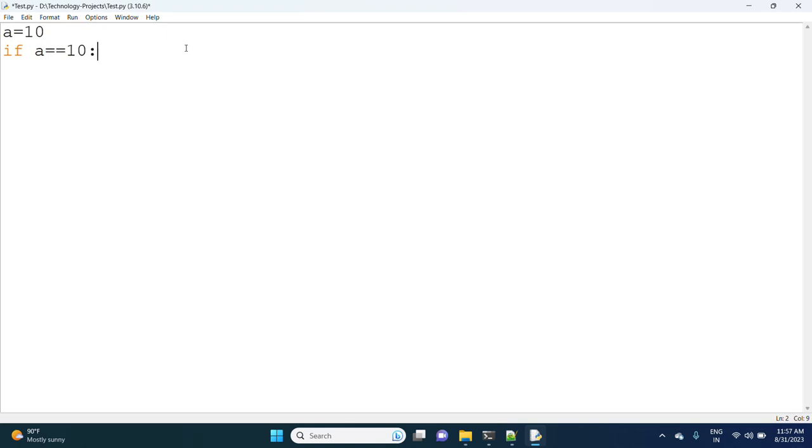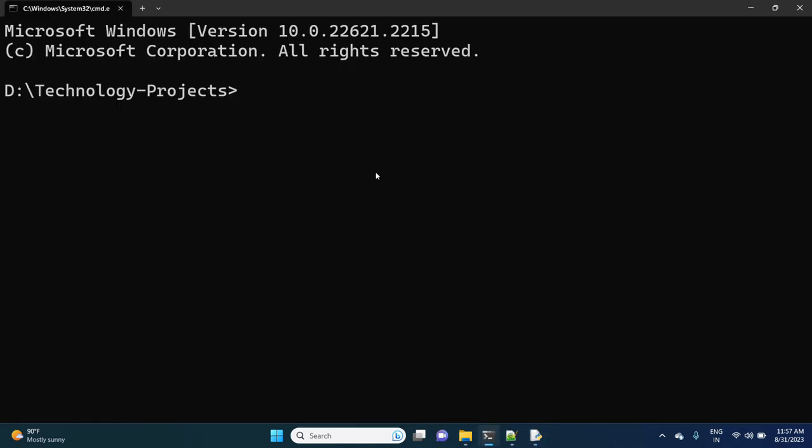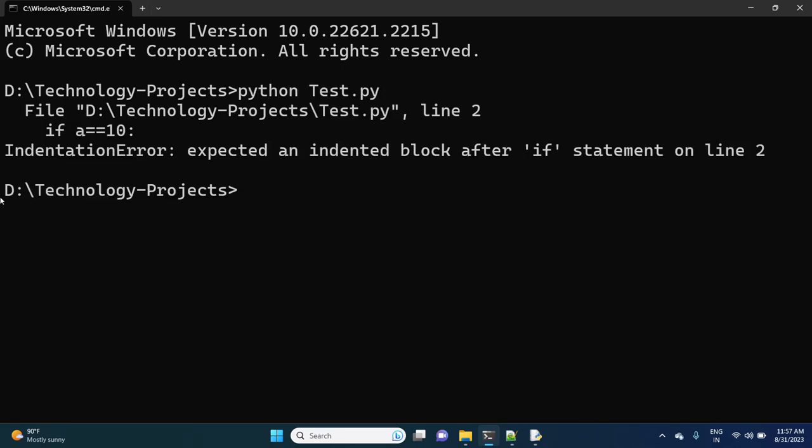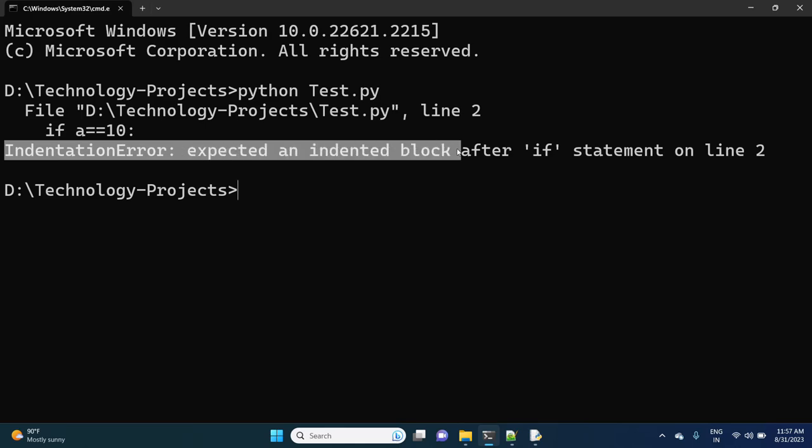If I keep it this way, it's going to give an error: indentation error, expected an indented block after if statement on line 2.